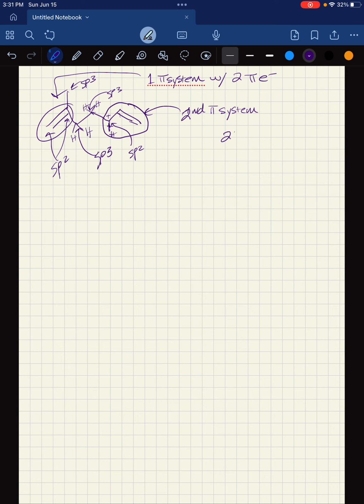And this one also has two pi electrons. So if we were discussing this particular molecule, we would say that there are two pi systems. And both of these have two pi electrons each. Okay, now if we move into the next example,